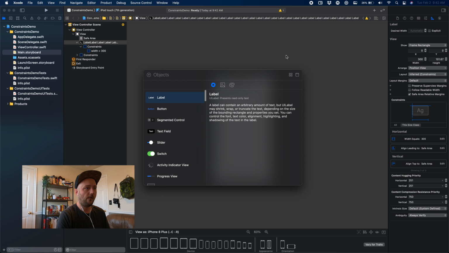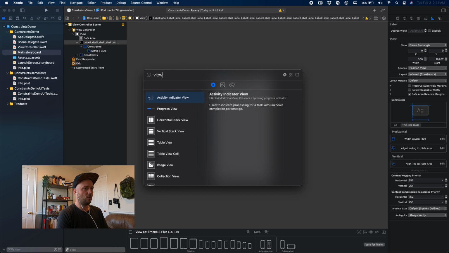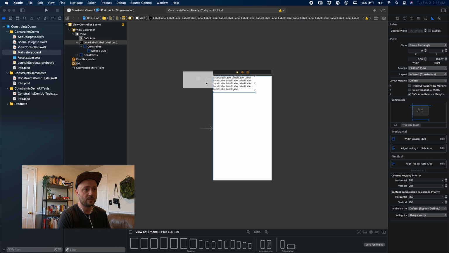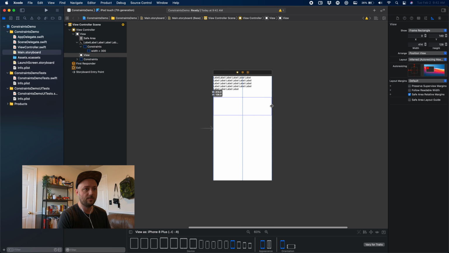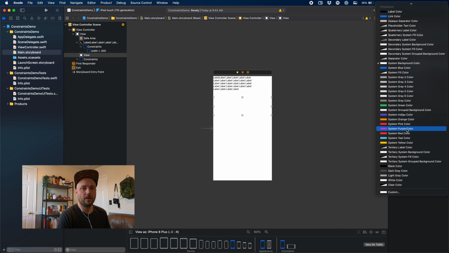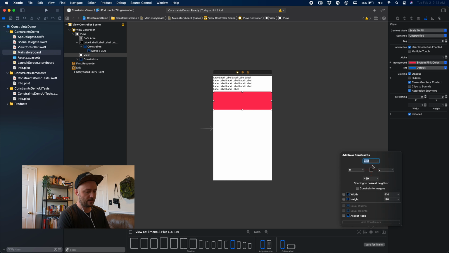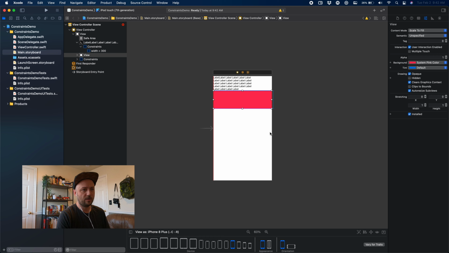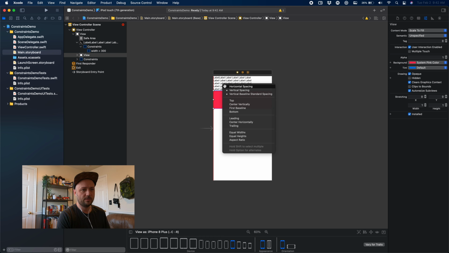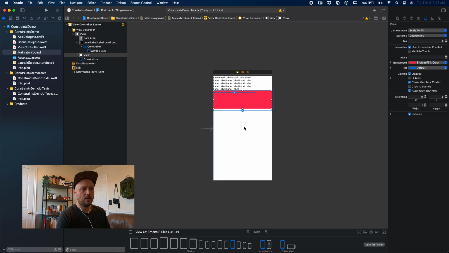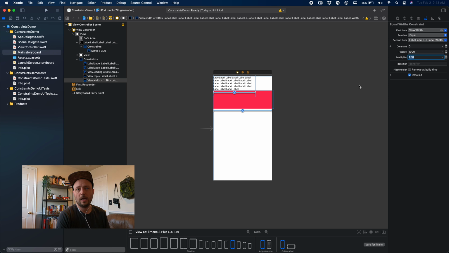Well, let's do a view, for example, just a regular UI view, and show you a place where you can actually use a multiplier in a way that makes more sense and isn't just hidden by the UI. So let's grab a better background color. And now we're going to constrain it to the label and to the left edge. And let's constrain the height. Okay, that's pretty good. Now we're going to control drag up to this label. Notice I'm control dragging diagonally so I get all of the options. And I'm going to say equal width. Now you'll notice that they're not actually equal widths. And that's because Xcode has been smart and it says, oh, what you actually had was widths that were 1.38